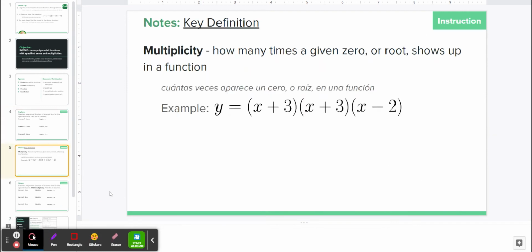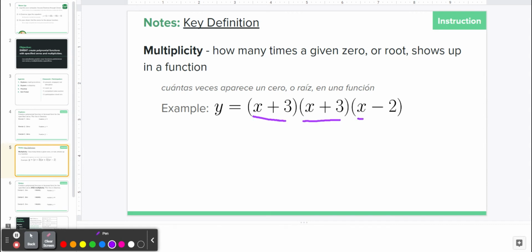The other thing that we're going to see today is this idea of multiplicity, and this is how many times a given zero or root shows up in a function. So go ahead, pause the screen, copy this definition down into our notes, as well as this example below. We'll see in this example here that we have three different factors. All right, we have x plus 3,